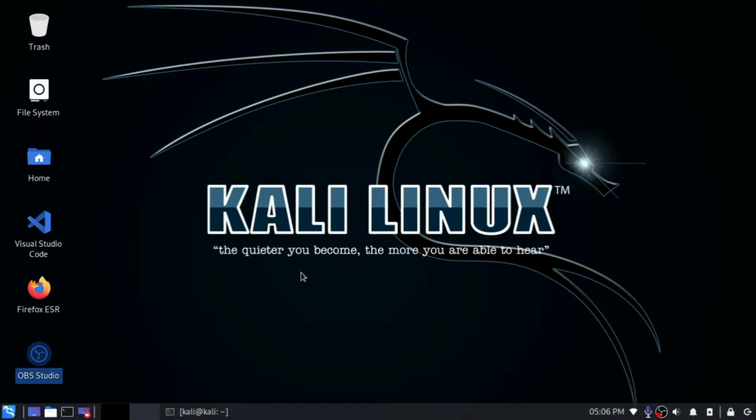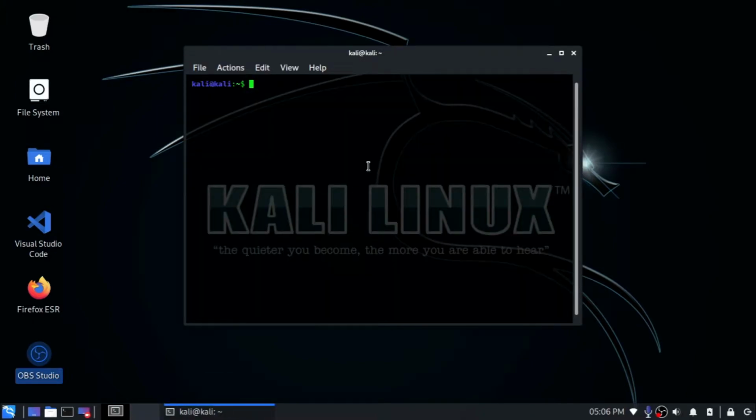So first of all, we need to ensure that Nmap is installed on our system. If it is not installed on your system, you need to first install it. In order to do that, first we need to gain the super user access. For that, we'll write sudo su in the terminal, and after you hit enter, it will ask you for the account password. Just enter your account password and hit enter. After you hit enter, as you can see, there is a hash symbol now in place of the dollar symbol, which represents the super user. So for now, we will install Nmap.